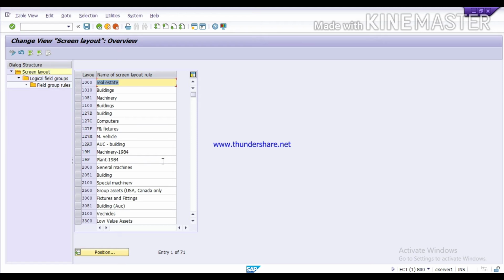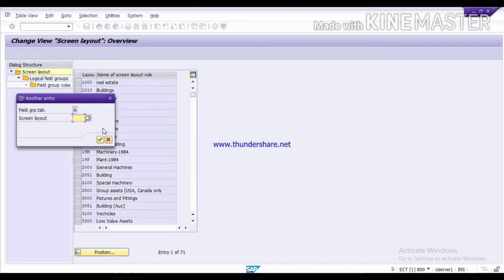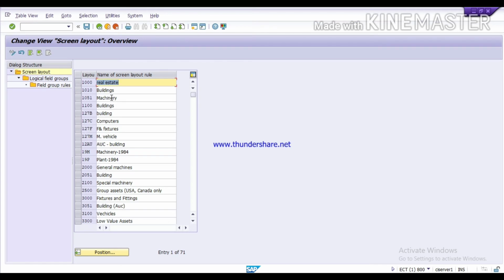Now select your screen layout. You can click on this position and select your screen layout. Otherwise, you can select directly. Suppose I want this 1100.